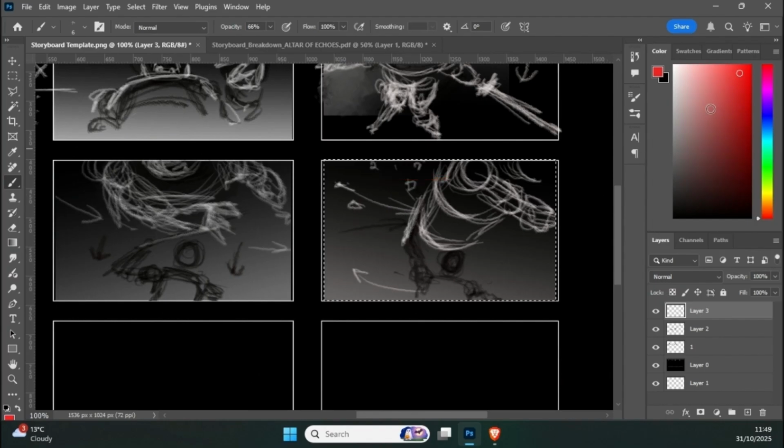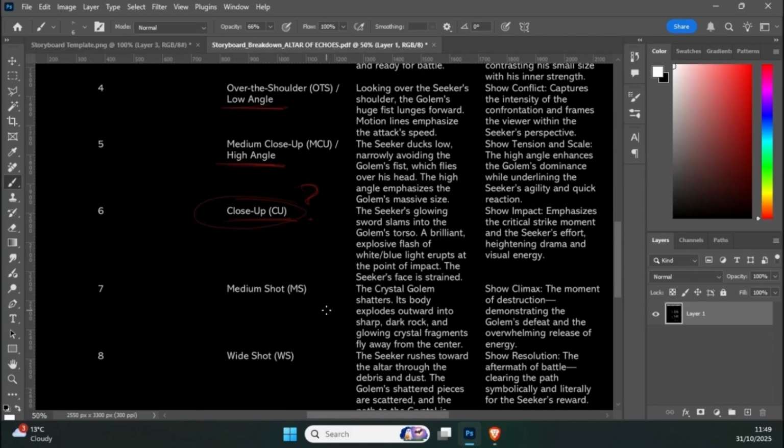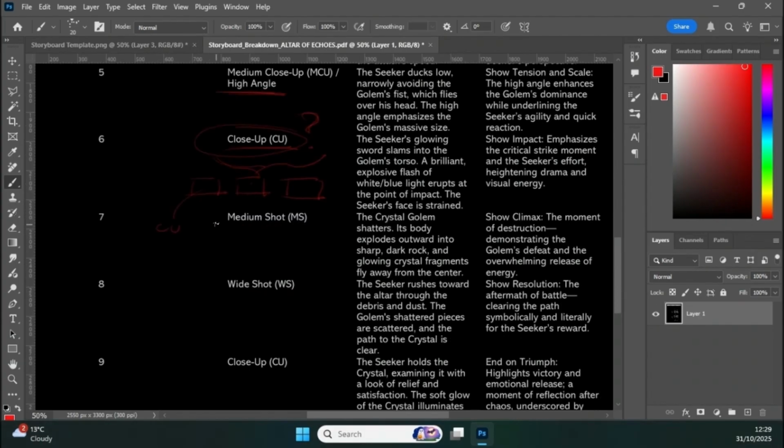Let me just undo that. So we've got that going in there, these shards. And you'd probably show a reaction, to be fair, a reaction of the golem. Now, if I go back, we've seen that slamming into it, and then we've got a medium shot: the crystal golem shatters, its body explodes. Even between these shots, you could easily have a couple more, even 3 frames, where you're showing, as I mentioned before, a CU of the